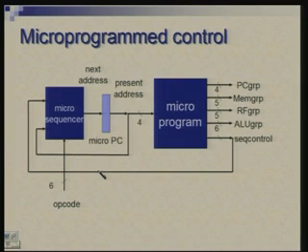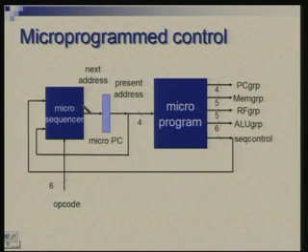Now you might be wondering that we are now talking of a box which has these 4 inputs plus these 6 inputs, 10 and a few more here. So isn't this going to be very complex? The answer is no, because you would notice that quite often you would simply go to the next instruction, or the next micro instruction, or the next word. So it is only in those cases where we are not doing so that the logic has to do something else. But otherwise a simple incrementer or adder will take care of the bulk of the task, and we need some more logic to take care of those conditions where you are branching off.